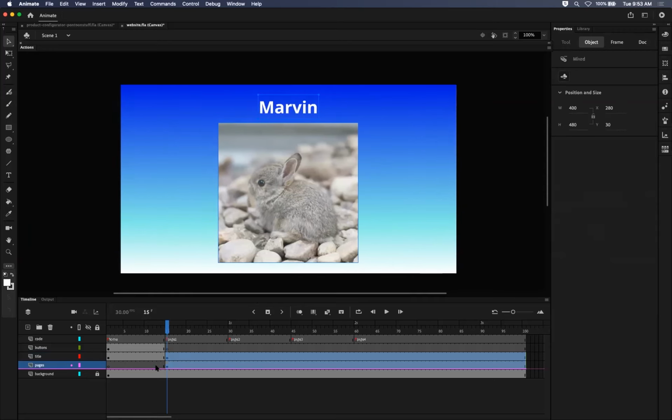But what's going to happen is, because right now these are on two different layers, as soon as I create a symbol, it's going to just put it on one of the two layers. And I think it's actually going to put it on the title layer. Then we're going to need to move it down to the pages layer and re-keyframe the title away. It's going to be kind of complicated,